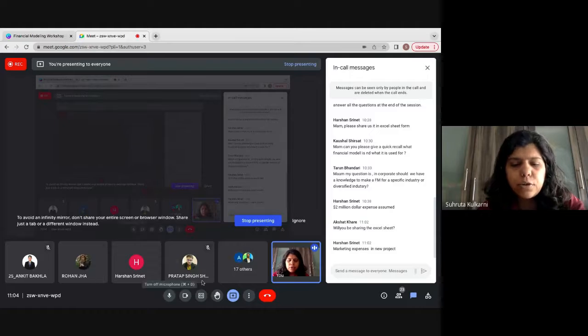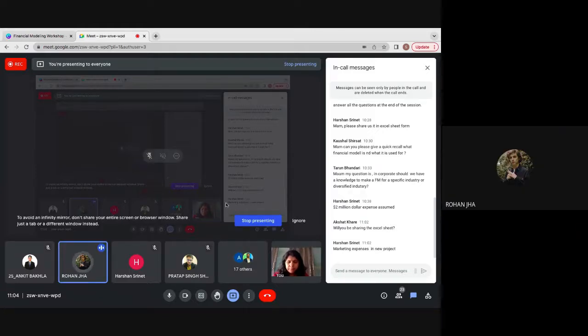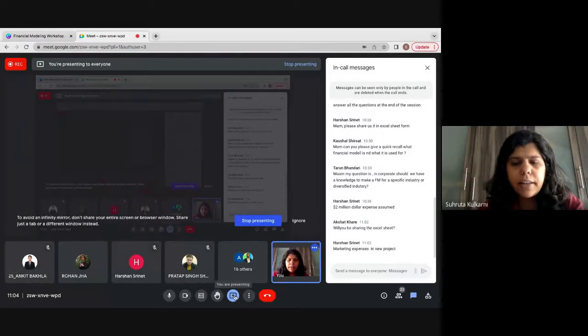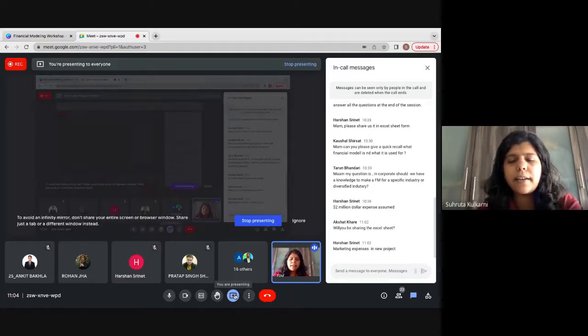Great. Let me quickly run you through one more sheet. Rohan asks, can you teach us how to calculate the P&L? The P&L is what we just saw, where we calculated the revenues. Revenues were based upon the number of units generated multiplied by the price that we get. Then we reduce the expenses we incur to generate that revenue, and then we reduce the depreciation, interest and amortization kind of expenses. That is how a P&L gets generated. Is that clear?